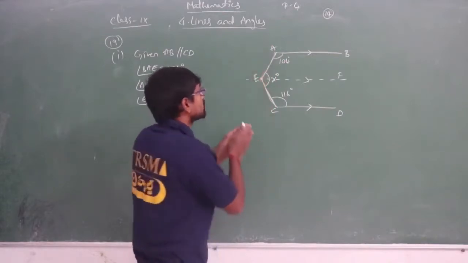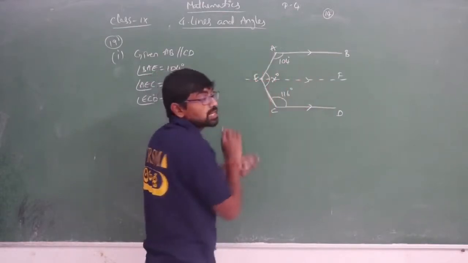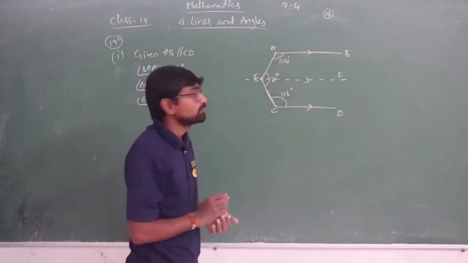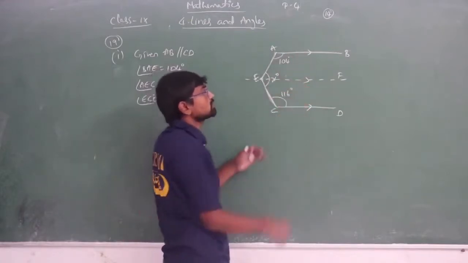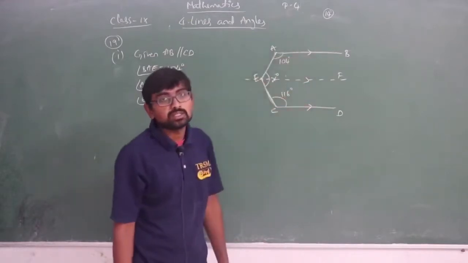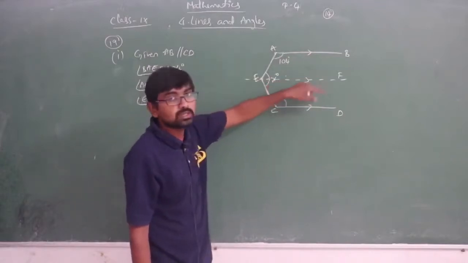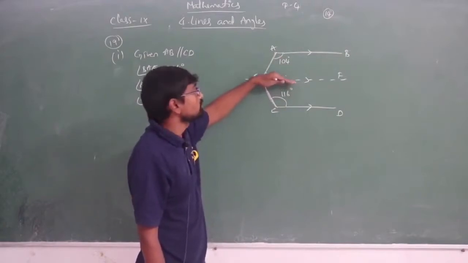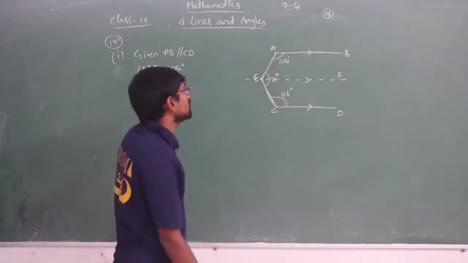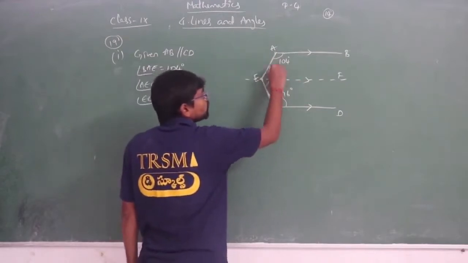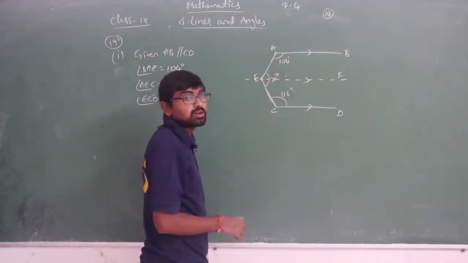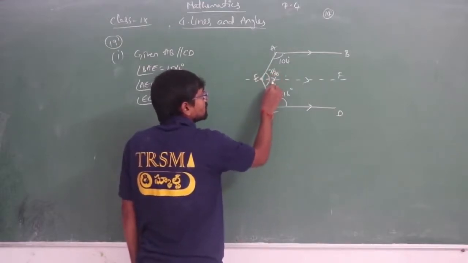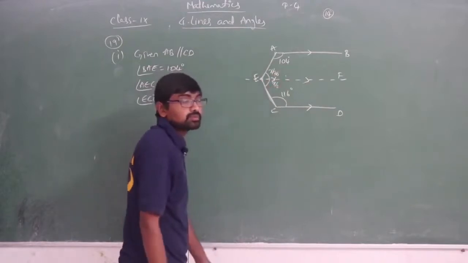To convert these, we are just drawing an imaginary line which is parallel to both AB and CD, at equal distance from both AB and CD. Each and every point is at equal distance. So here we have drawn the imaginary line so that we can solve it easily. You can see here, this x has been divided into 2 equal parts. Am I right or wrong? Here x is divided into 2 parts, so here I can take x by 2, and similarly here I can take x by 2. Am I right?